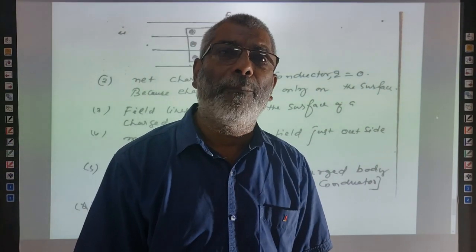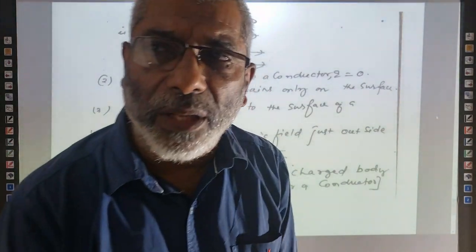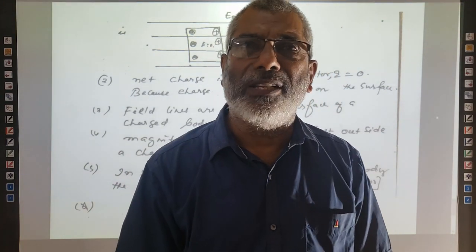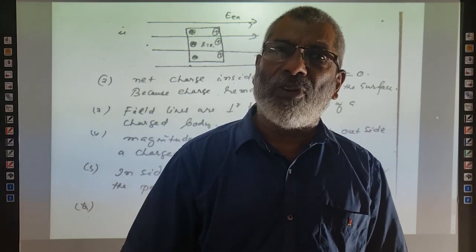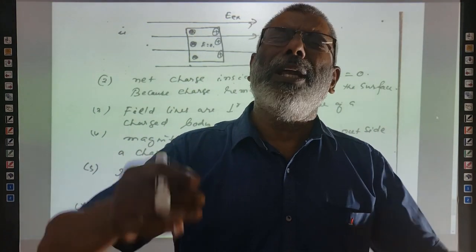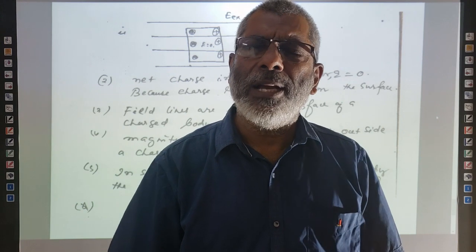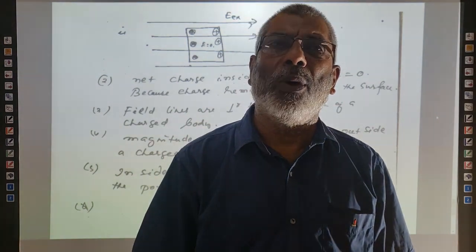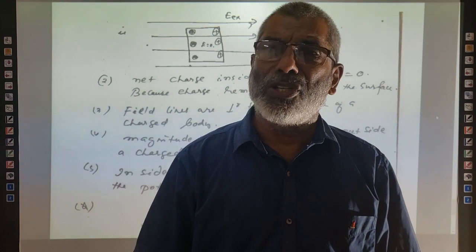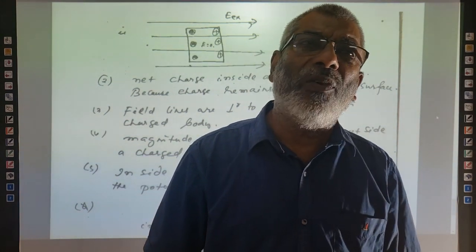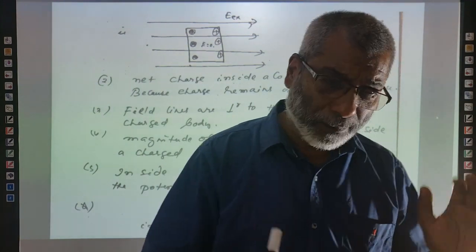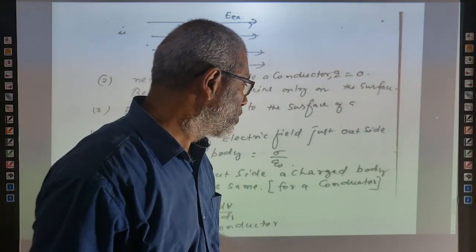Yesterday also we have said, any charged body, suppose Earth is a charged body. Earth contains a large number of charges in it. What is the intensity of electric field just above the surface of the Earth? For any charged body, just above the surface of the body, the intensity of electric field is given by sigma by epsilon 0. While I was explaining the intensity due to a spherical shell, we explained that yesterday.